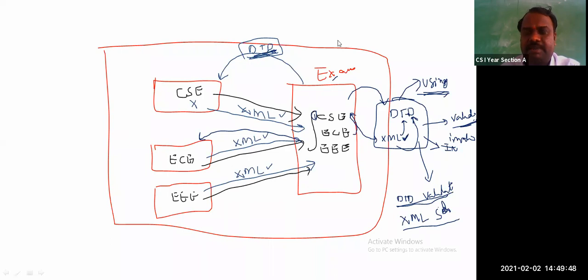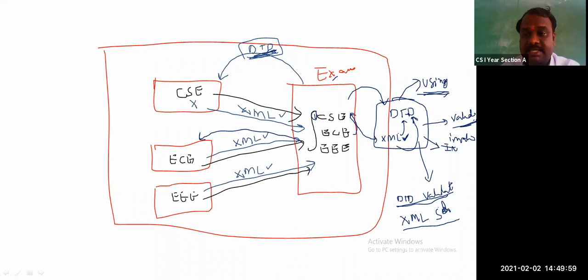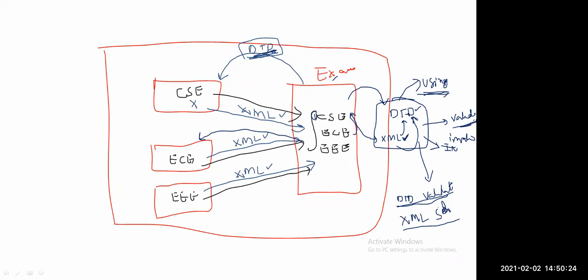This is a very simple example. If you see one example, you will understand how to write this. Sir, by using DTD we check XML? Yes, both will be available in one file, and it will check whether it is valid or not. This validation we will see later. First, we need to know how to write the syntax. If we know the syntax, then we will check the XML document against this DTD. Any doubt here? No, sir. Okay.